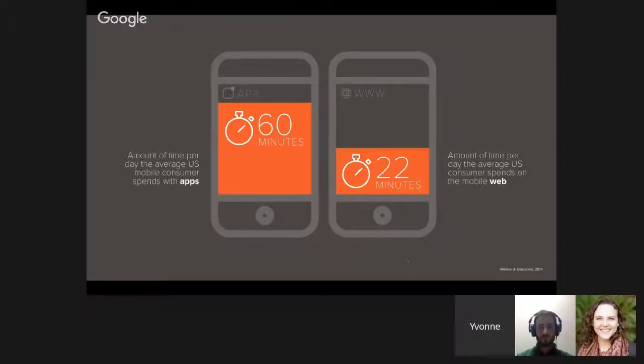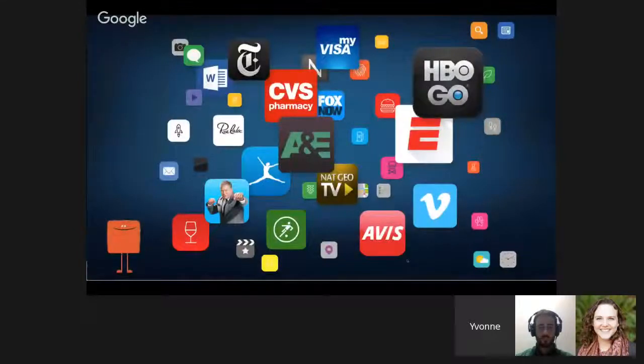Not to say that mobile websites are not important, because they definitely are, but we are focused on where the growth is, which is where people are spending most of their time: in an app. This presents a huge opportunity.